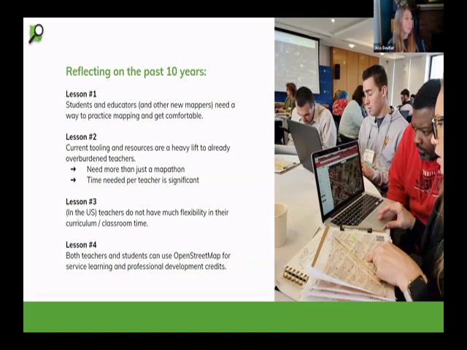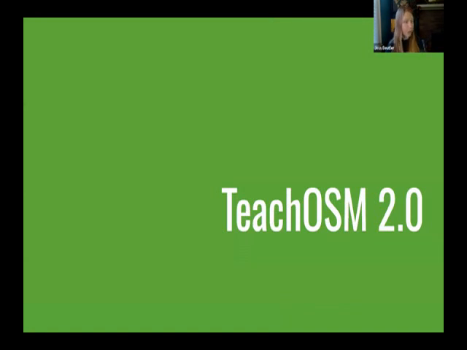And then also, I skipped one of these. Students really need a way to get comfortable with OpenStreetMap. They need to be able to make mistakes, map a building incorrectly, map a 4,000-foot waterfall in New York City, and learn why that's not something we want to be adding to the map. So these are just some examples of what the steering committee has come together on.